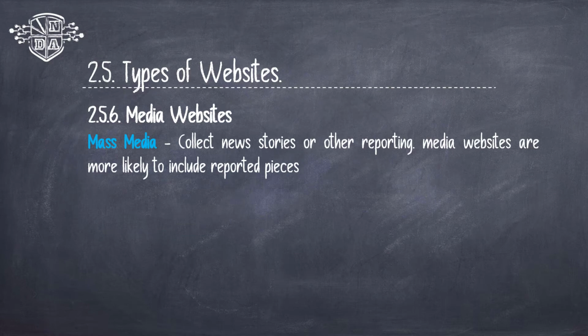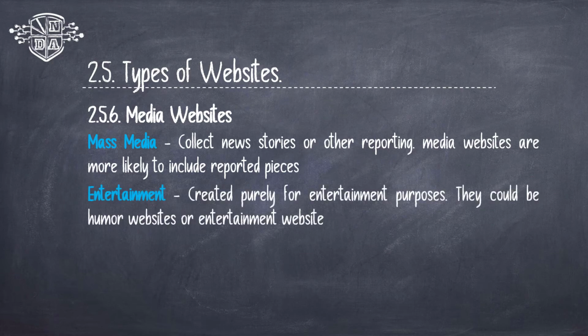If you look at mass media websites, they collect news stories and other reporting. So media websites are more likely to include reported pieces. For instance, your popular major newspapers like Nation, the Star or the Standard would typically have a mass media website where they post their reporting content. And then we have entertainment websites, where there are advertisements on the pages,